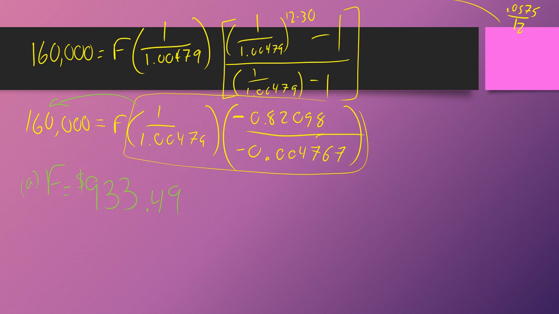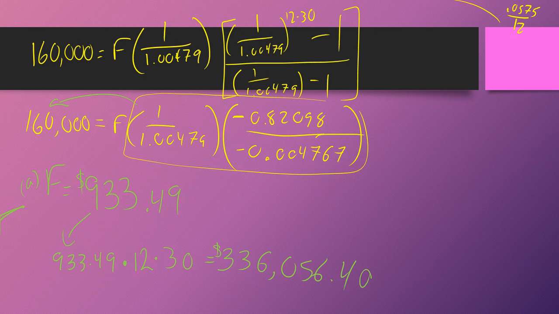Now B wants to know how much interest was earned. So we take their monthly payment, 933.49, and multiply it by how many payments they made. Well, they made 12 a year for 30 years. So you take the payment, multiply it by 12, multiply it by 30, and that tells you that they paid a grand total of